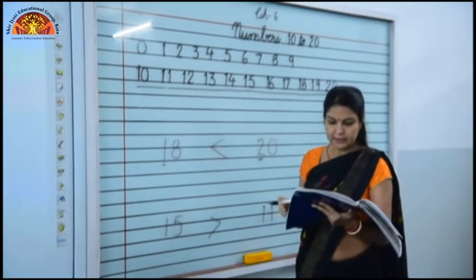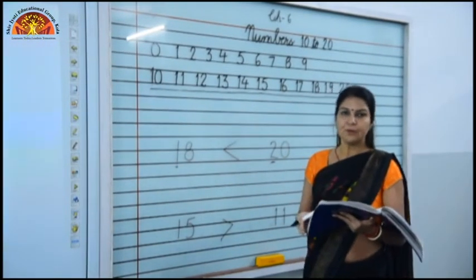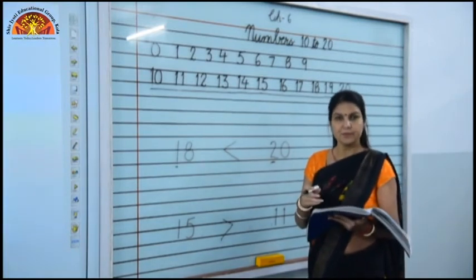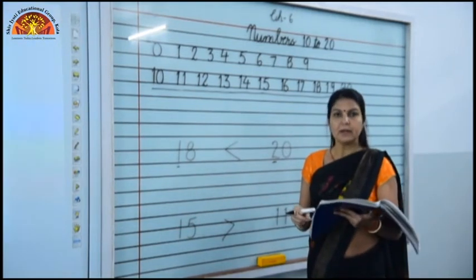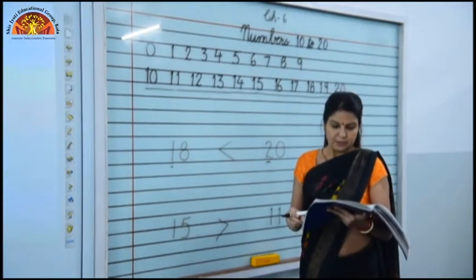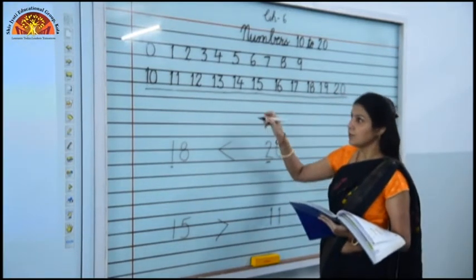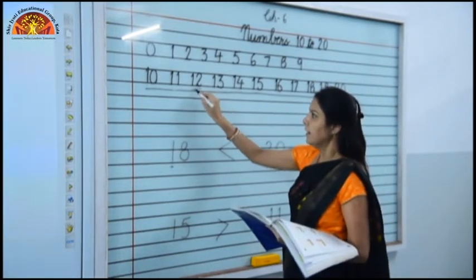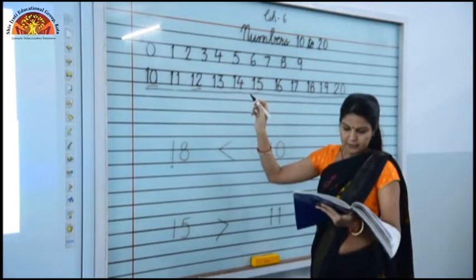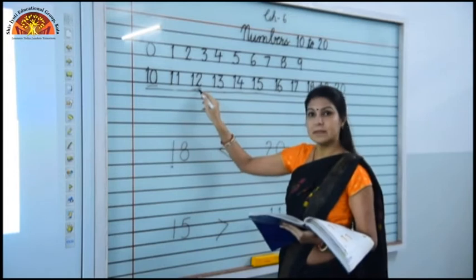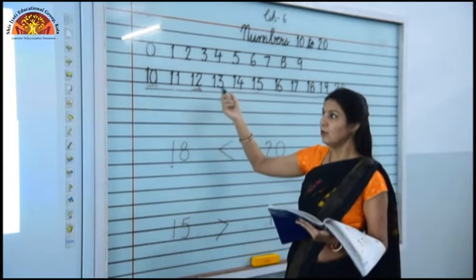Now question number 9, see. Write true or false. True or false is just like the questions we have done just now. We will read the statement and we will write true or false for it. First of all, 12 is more than 10. Here children, now see 12 is written here and 10 is written here, and the statement said that 12 is more than 10. This is farther from 0, so it is the bigger number, it is more than 10.